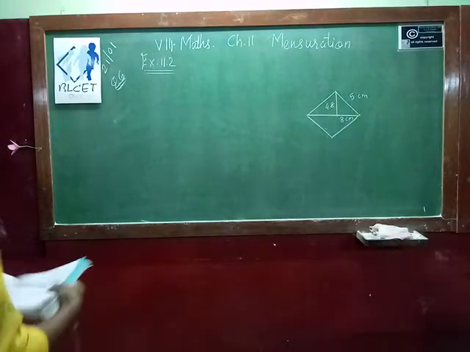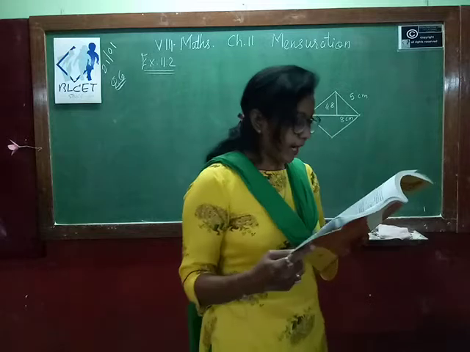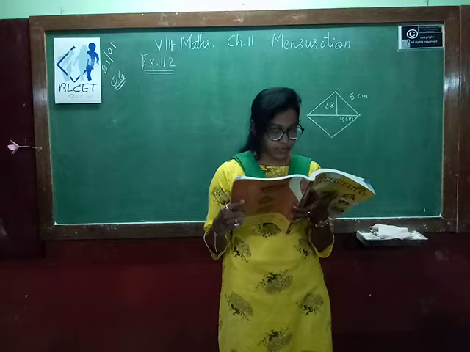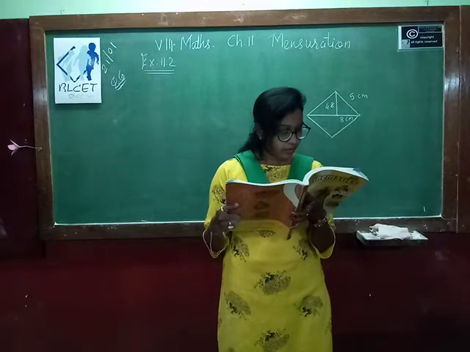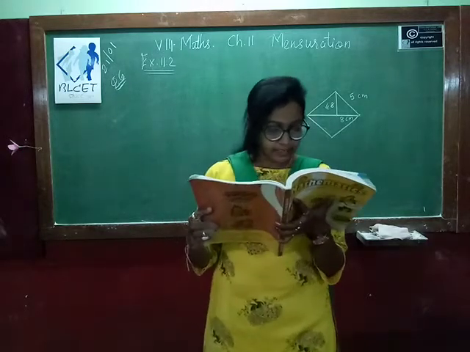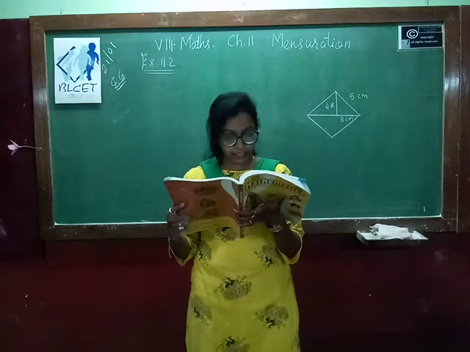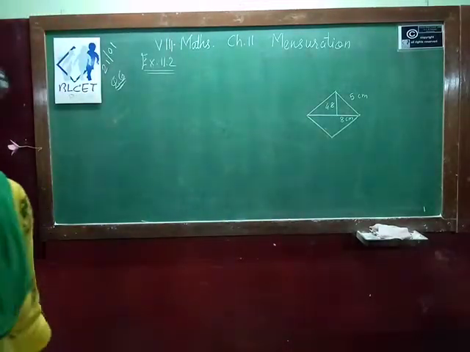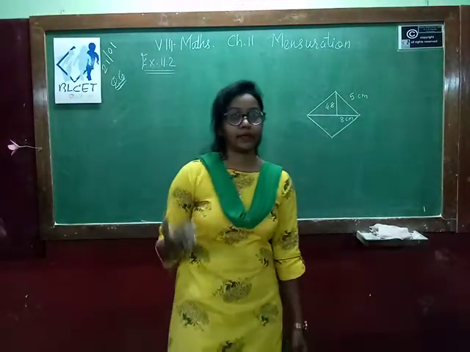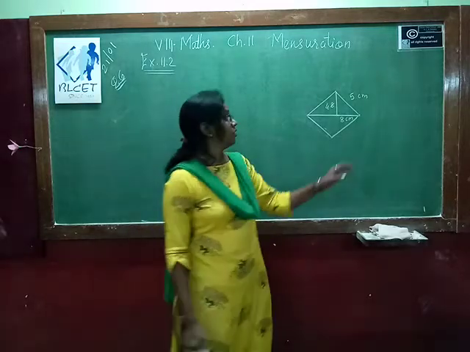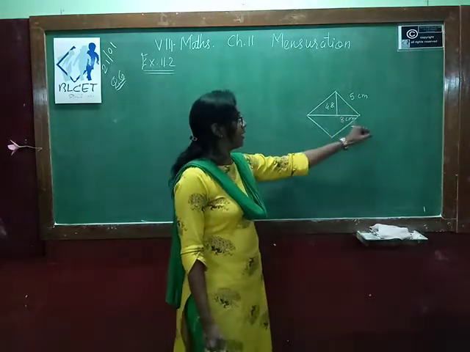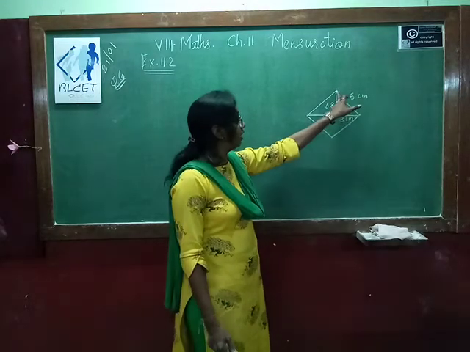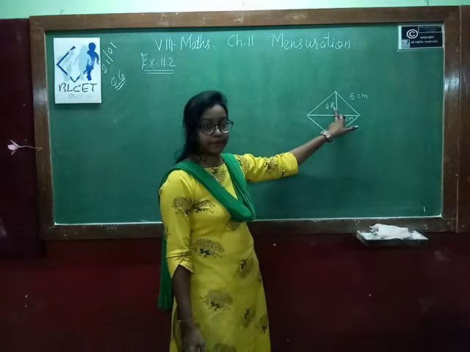Now see the sixth question. The question is, find the area of a rhombus whose one side measurement is 5 cm and whose altitude is 4.8 cm. If one of the diagonals is 8 cm long, then find the length of the other diagonal. So here, first of all we have to draw the diagram, because rhombus is also one kind of quadrilateral and it possesses all the properties of quadrilateral. So this is the diagram of rhombus. This is the one diagonal given, that is of 8 cm. One side is given, that is 5 cm, and one altitude is given, that is 4.8 cm.